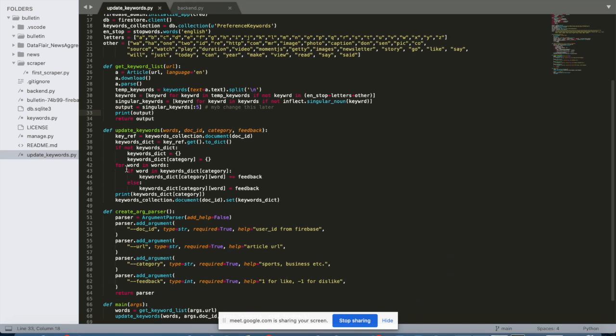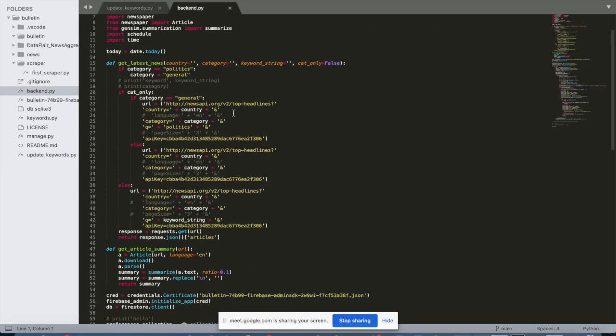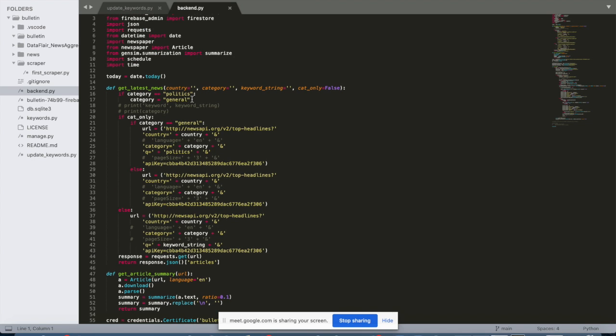And then we use these keywords and try to find how frequently they appear in all these different articles that are possible for the user. And right here we update these articles in Firebase. Then if you look at the grander code, we use an API to find all of these news articles. We have a category for general that brings in all the different categories, and then afterwards we parse through them and use content-based filtering to sort which category they correspond to, whether that's health or sports or science.